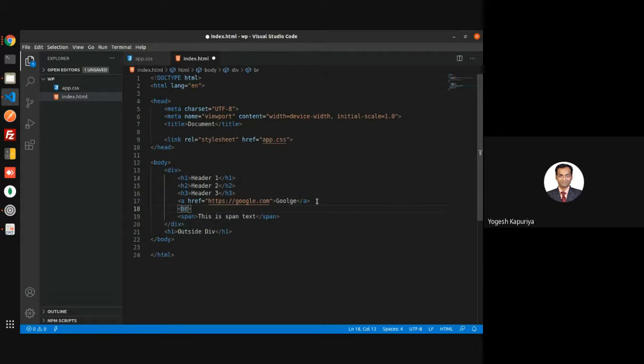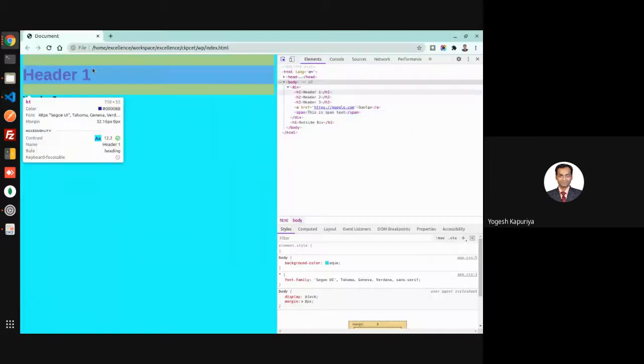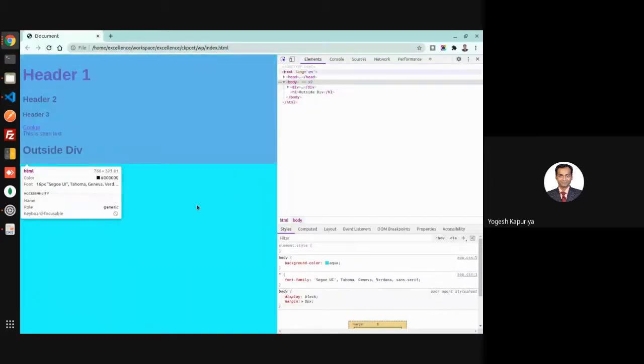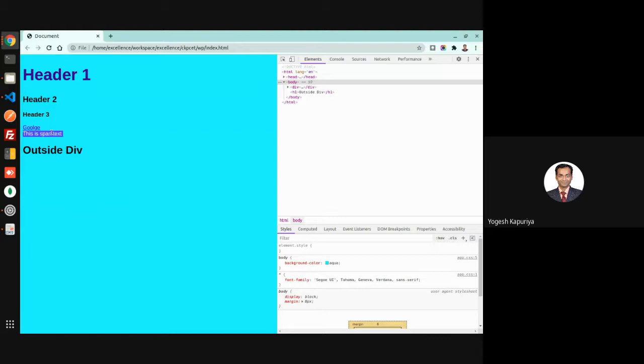BR is the tag which is used for a new line. Span is the tag which is used for displaying inline text. Whenever you want to display some inline text, you can use the span tag. So these are some tags which can be used.